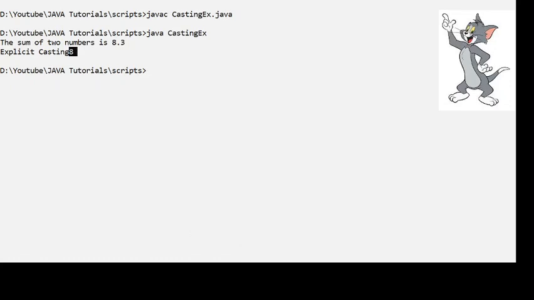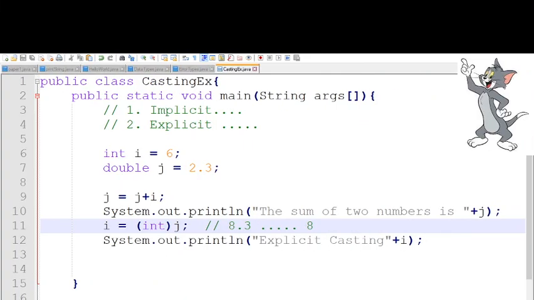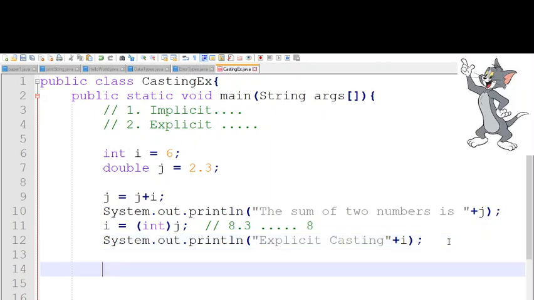Okay, so I'm going to tell you a trick for how you would know whether there has been an implicit casting or you need to perform explicit casting. All you need to do is remember this sequence and you will be able to understand what kind of casting you require. It is character, short, integer, long and double.